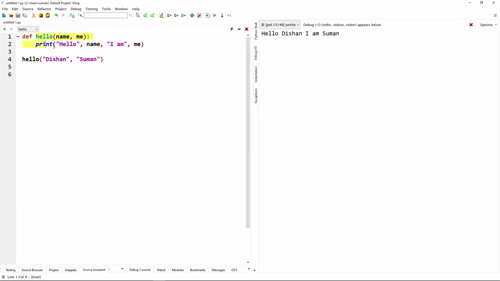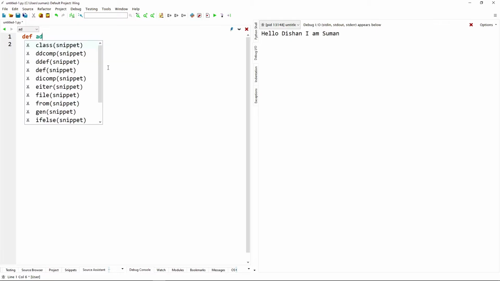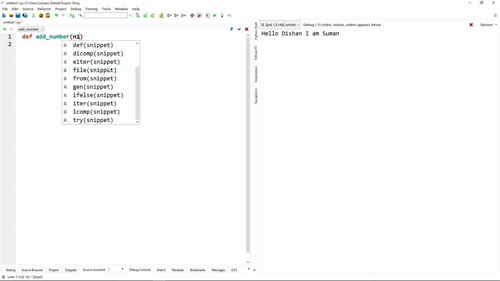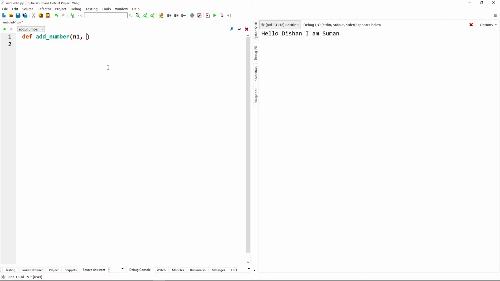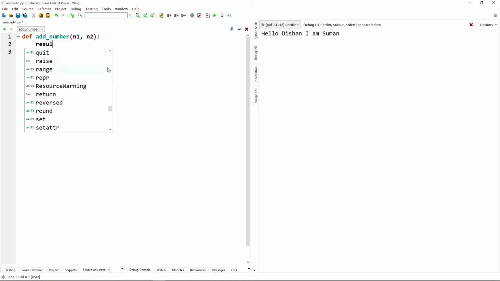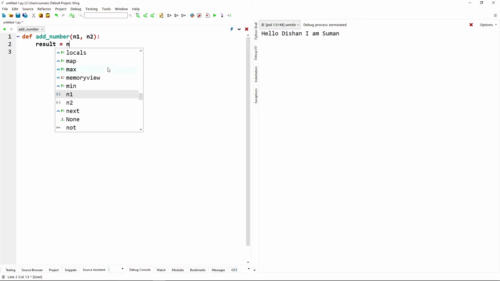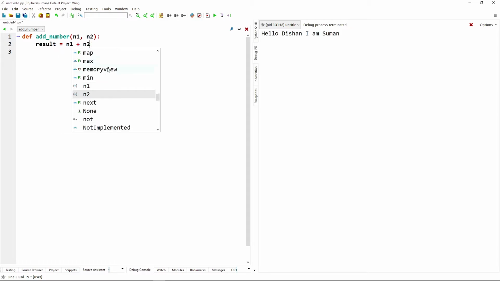Suppose we have the name of the function add_number(n1, n2): result is equal to n1 plus n2.